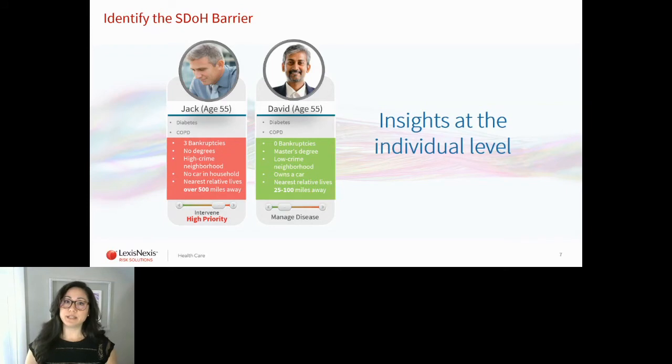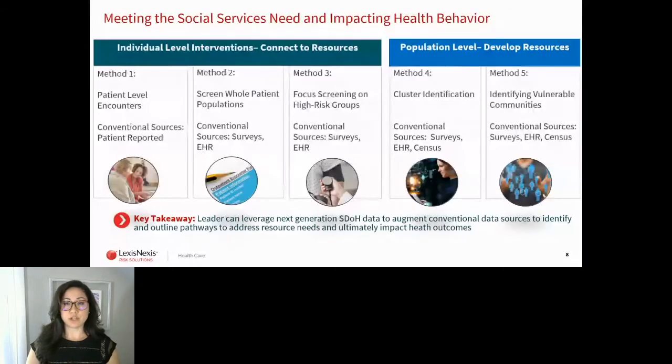Here we can see some examples of local and global methods to applying the data. The left side of the slide shows traditional SDoH barrier identification. So that can be done at individual encounters, or by screening whole patient populations, or by just focusing on a high-risk grouping of patients. So in all of these examples, conventional sources of data are used, like patient questionnaires, surveys,